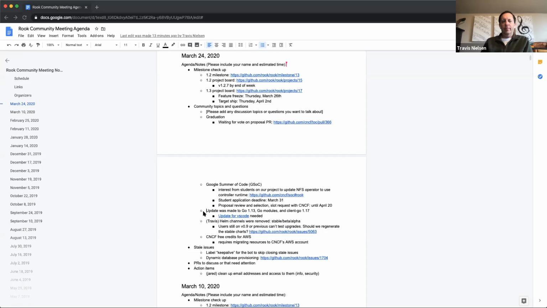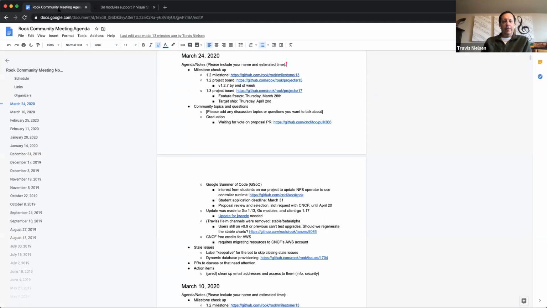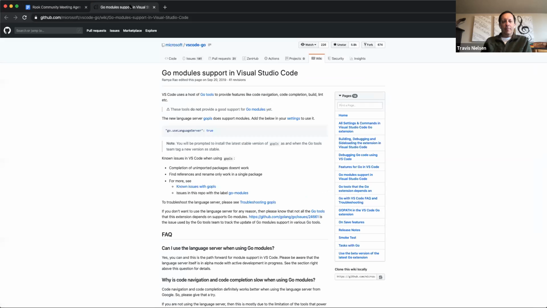All right. So, update for Go, new versions of Go. Just a note on that. This was a PR done by Maricho, I think is the GitHub name. And so we're on Go modules now. It bumped us up to client-go 1.17. I put a link there to make sure your VS Code is updated. It does take more CPU, at least in my experience and Seb's experience, and even slows things down quite a bit sometimes.